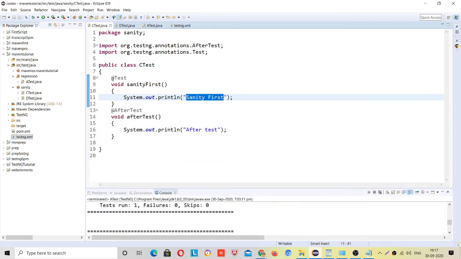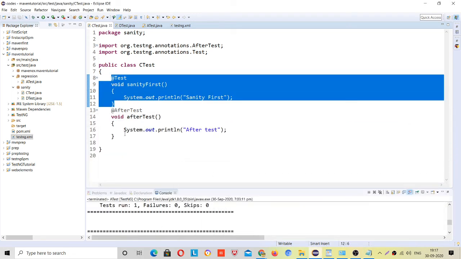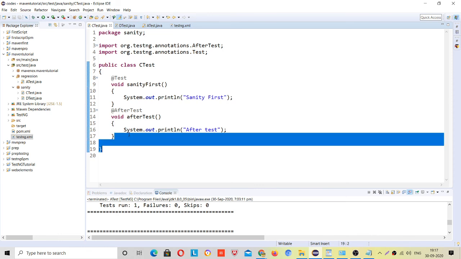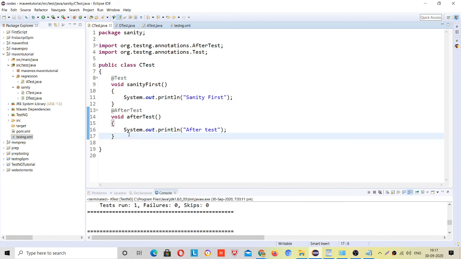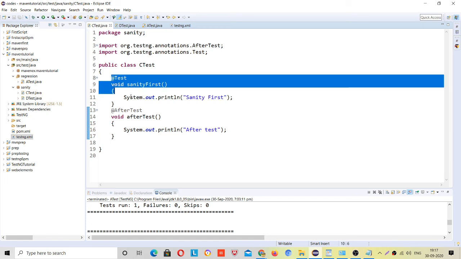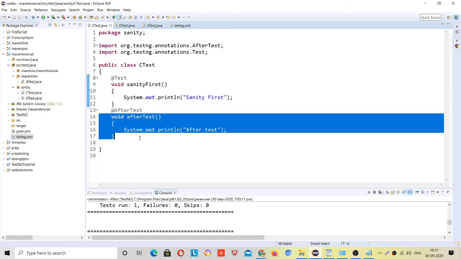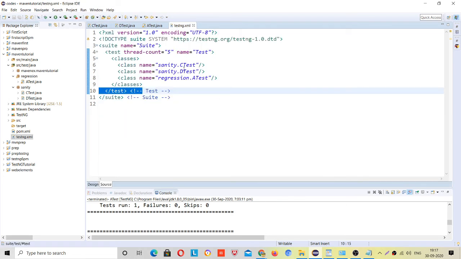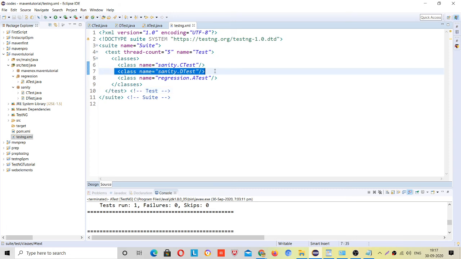After this @Test, this is a single method. If any other @Test method was here, that would have executed, right? But no other method is there, and after test is not in the picture as of now, right? So it will go back to here, the cursor will be here, and now it will execute this second line. Then again it will go to the sanity package, and inside the sanity package it will look for the d test class.